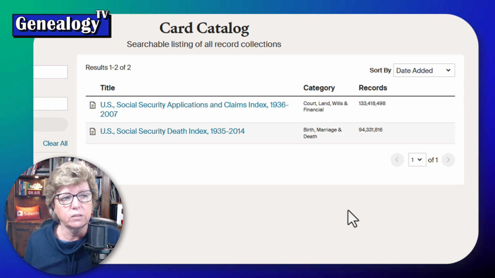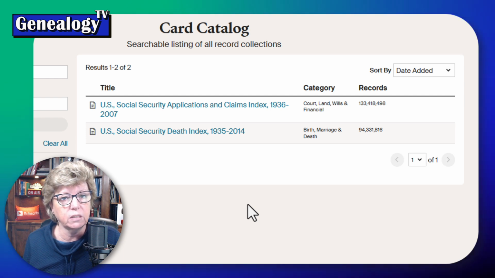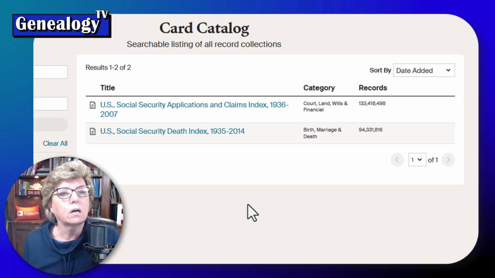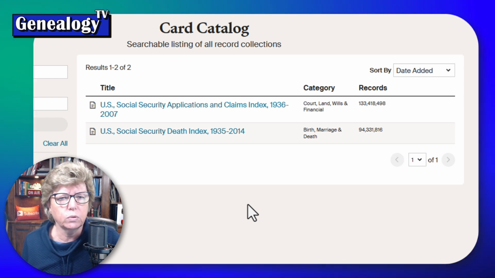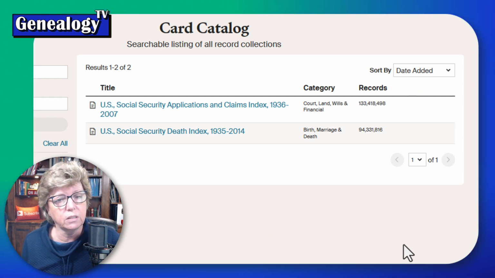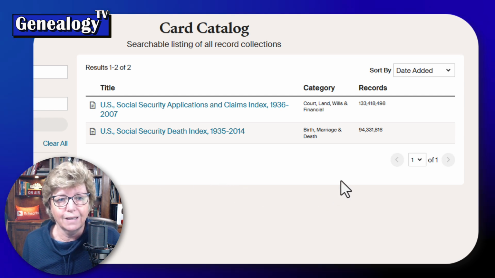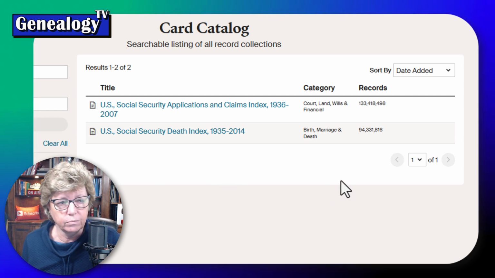I have found some that show up in the Death Index, but they don't show up in the Applications and Claims Index. And it could be because nobody claimed a record, survivorship, or death benefits from the Social Security Administration after someone passed away, or vice versa. They may be appearing in the Applications and Claims Index, and you're not seeing them in the Death Index. Just saying, there is a difference sometimes, okay?